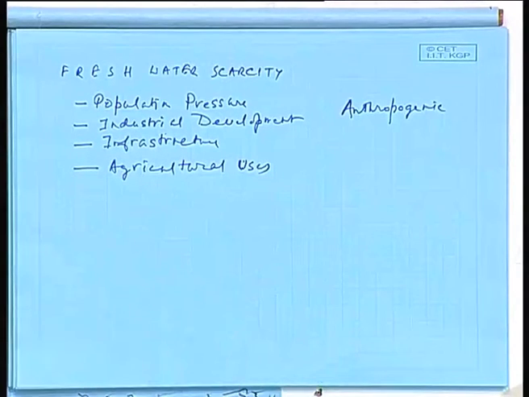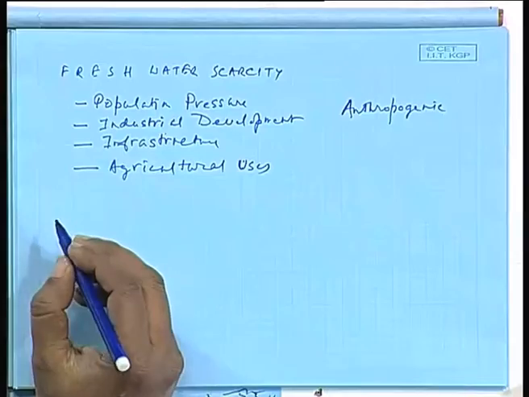Particularly, the problem of fresh water is going to be a huge problem. What I mean to say is, there are no sources of both surface and groundwater resources on the earth today which have not been influenced or impacted by industrial activities anywhere in the world. Not only that, there is another important thing. You just write down